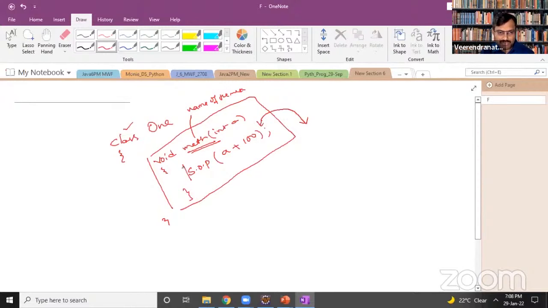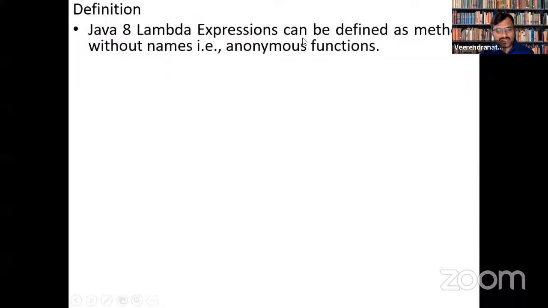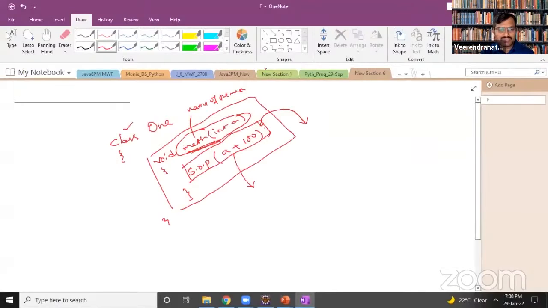Here it is going to print a plus 100. Functionalities we can define in our own way, but we don't really have a method name to go for. That is what is called an anonymous function. Before Java 8, there was no concept called function in Java.